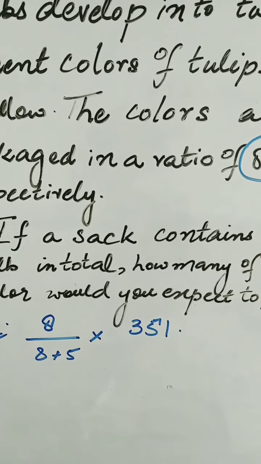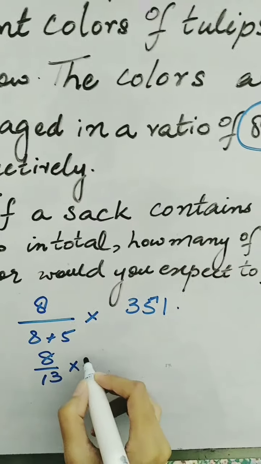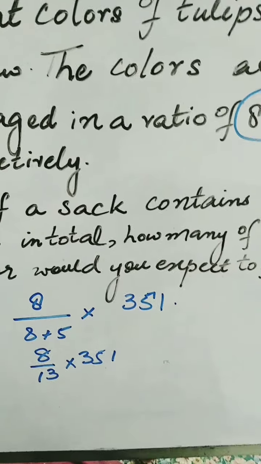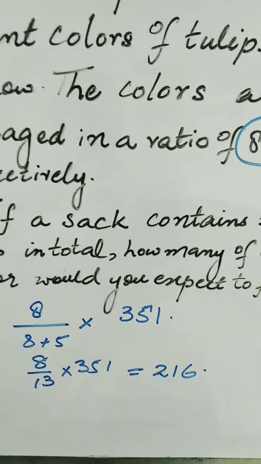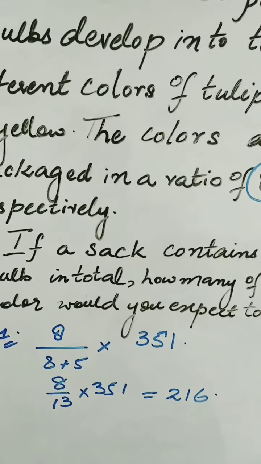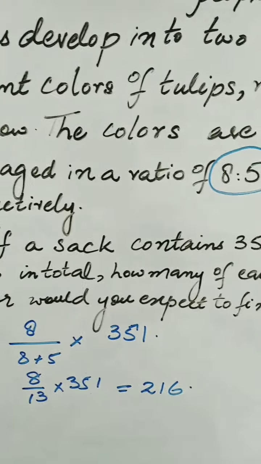Here we have 8 divided by 13 into 351, and this is equivalent to 216. So basically we have 216 red bulbs, and similarly if we are going to find out the yellow bulbs,